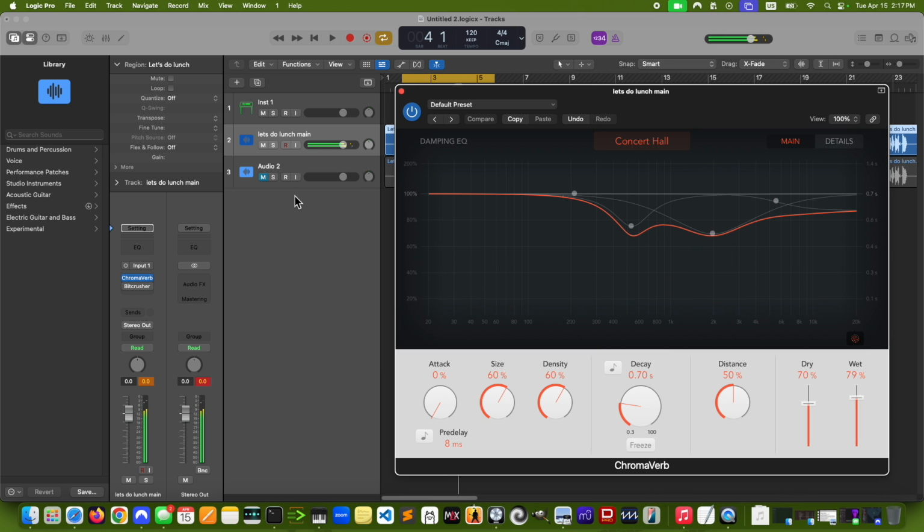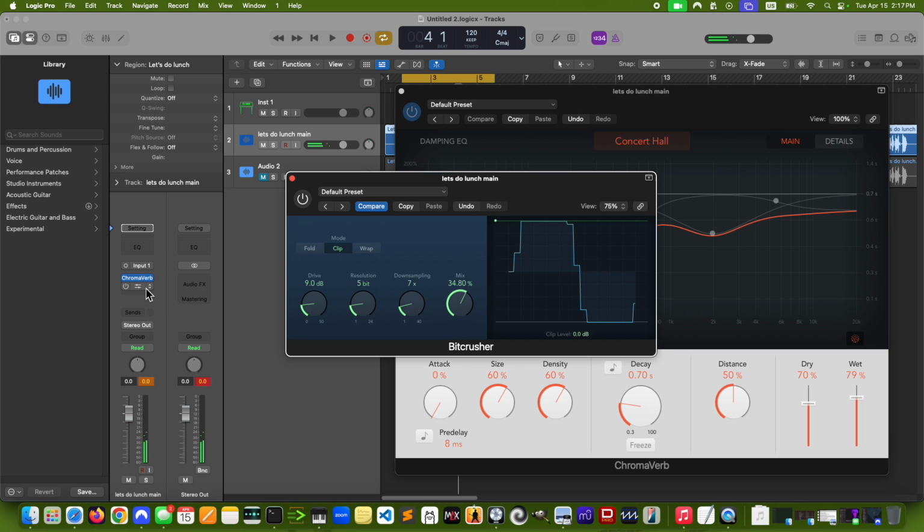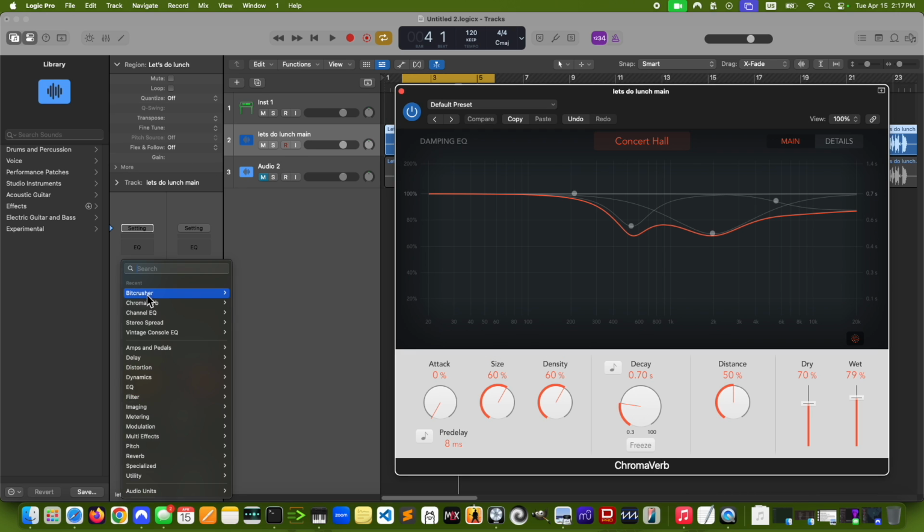Now notice I did something important. I took the effect, and when I was like, okay, I'm done with you, I just turned it off this way. And it's still in the channel, but it's just bypassed. It's just off. I can use that to compare effects, and I can also kind of keep things in the strip and then decide to undo them or turn them back on or etc.